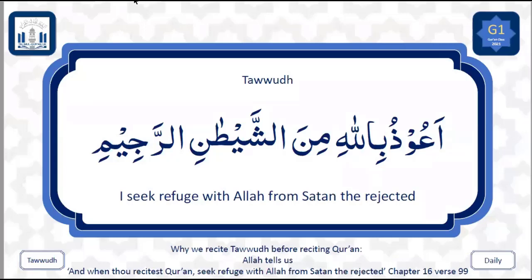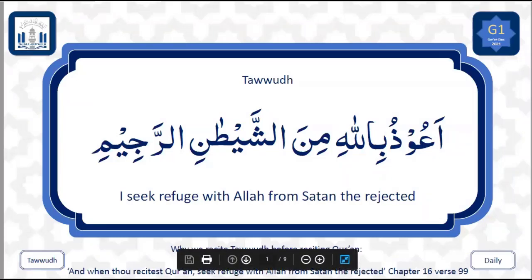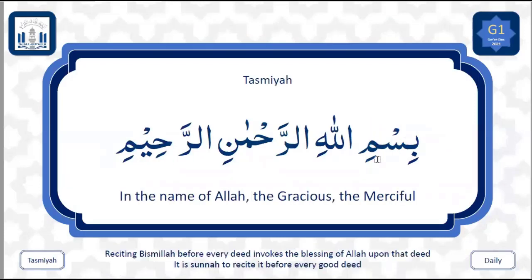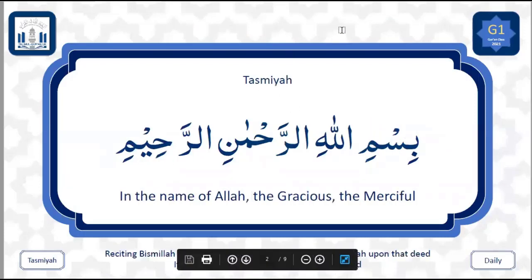Assalamu alaikum. Wa alaikum assalam. Could you recite for me the following verse? Start with Ta'awwudh and Tasmiyah. A'udhu billahi minash shaitanir rajim. Bismillahirrahmanirrahim.